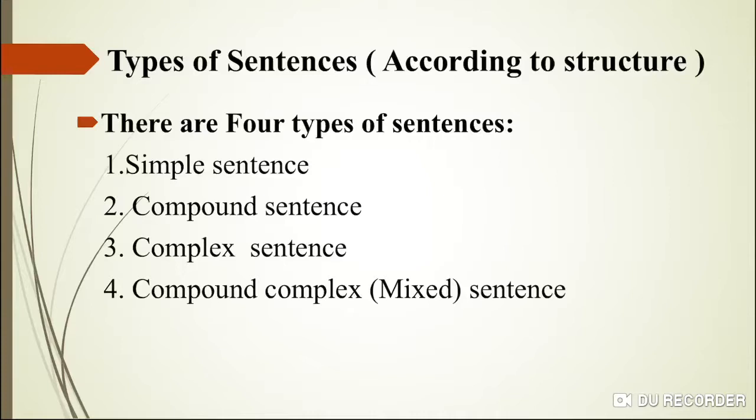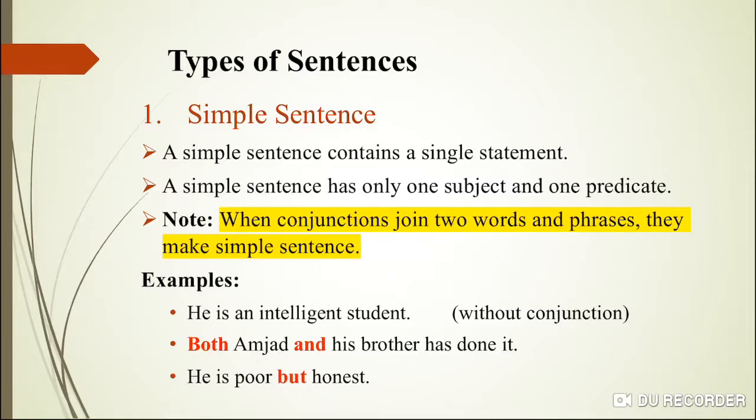So अगर हम ये देखें कि कंजंक्शन हमने क्यों पढ़ा, कंजंक्शन हमने इसलिए पढ़ा कि ताकि हमें पता चले कि सेंटेंस की कितनी टाइप्स हैं. With the help of conjunction you will be able to differentiate between these 4 different types of sentences, right? Simple sentence है आपके पास, compound sentence है, complex sentence है, and complex compound sentence है. Simple sentence में क्या हुआ कि इसमें आपने